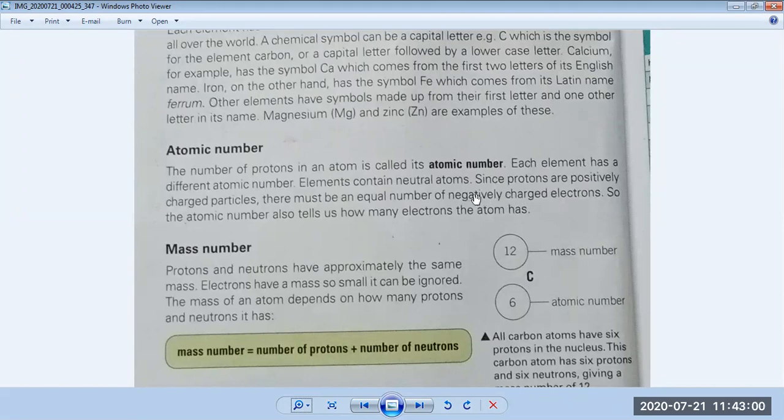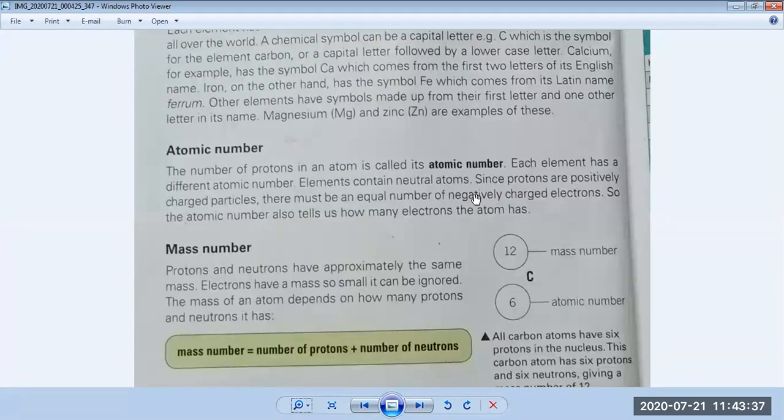Okay, so electrons are also present, but they are not present in the center of the nucleus. Actually, they move around the nucleus. I have told you in the structure of an atom that every nucleus is surrounded by circular paths called orbits. So some particles move around on these circular paths. The particles which move on those circles are called electrons and they have negative charge.